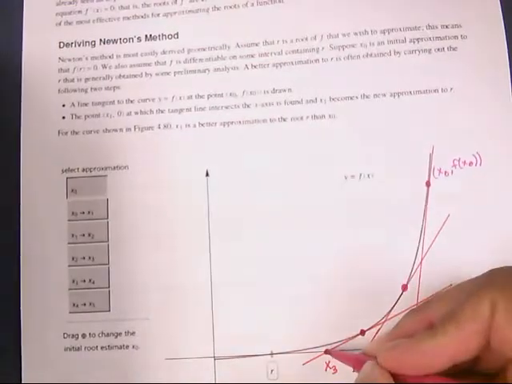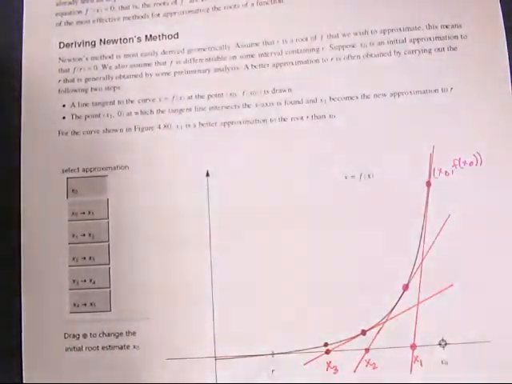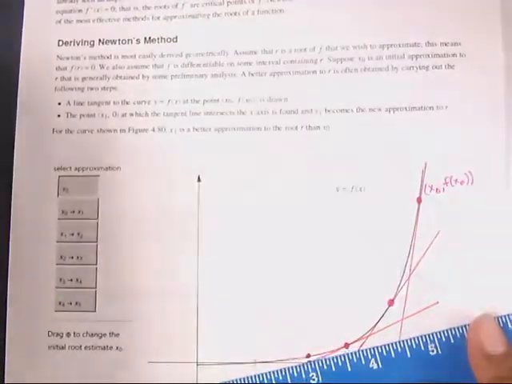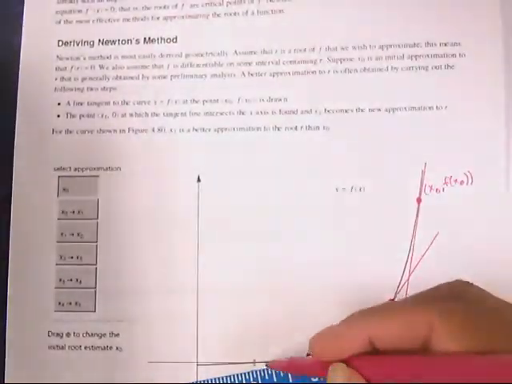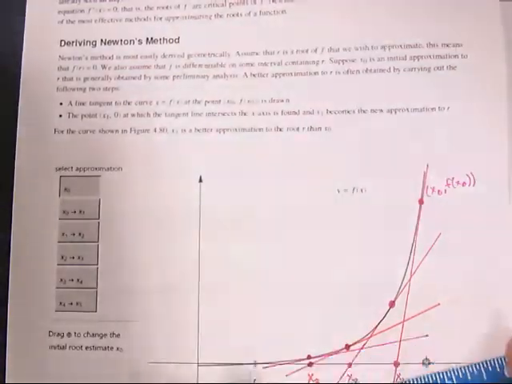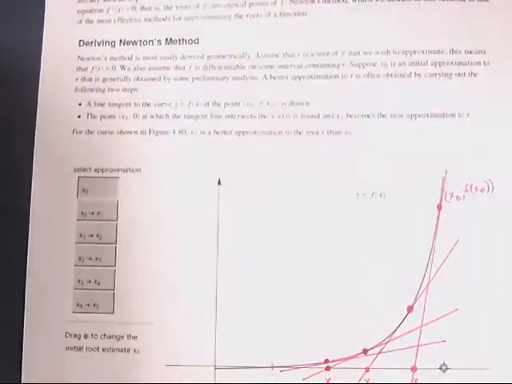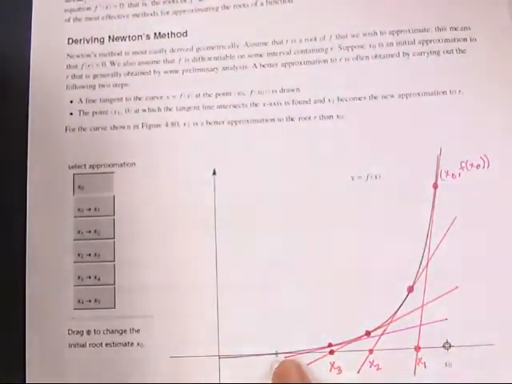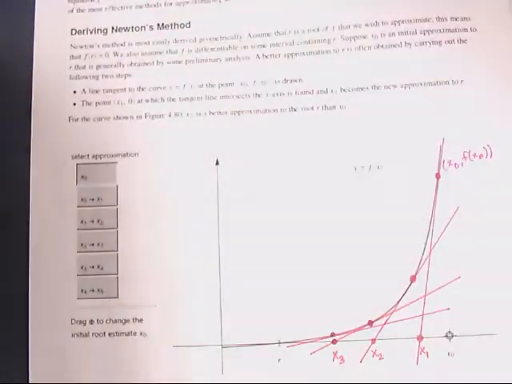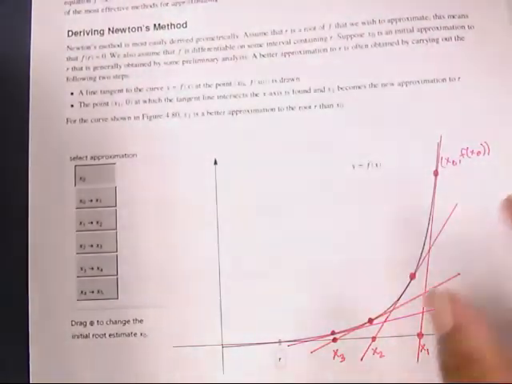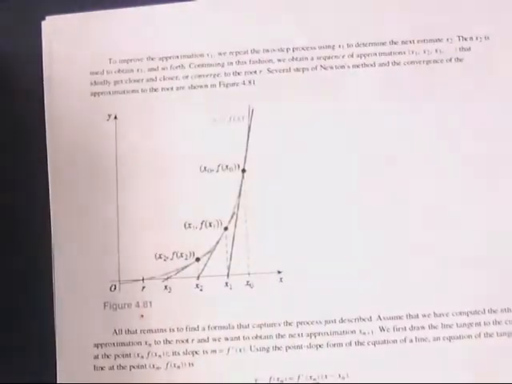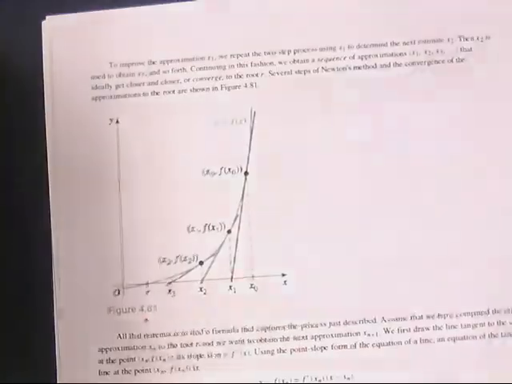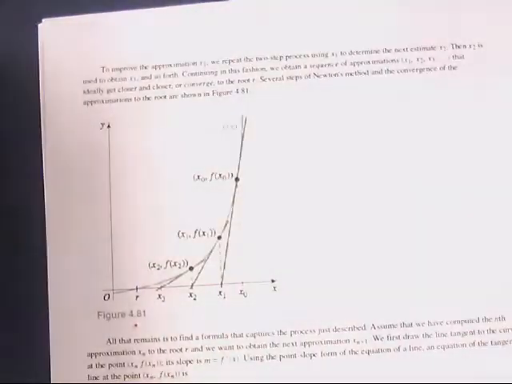And I keep drawing a point on the graph where x of 3 is at, and keep drawing tangent lines like this until this tangent line ends up becoming the x-axis, and that will be the point where the root of that function is going to be at r. Okay? And here on the second page, they do give you that same illustration that I just went over with you. Okay? All right,